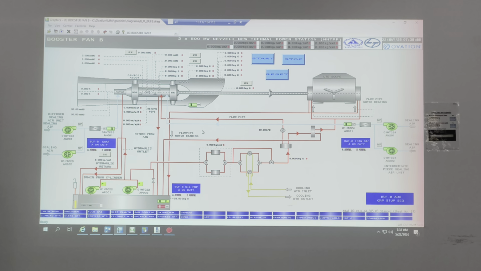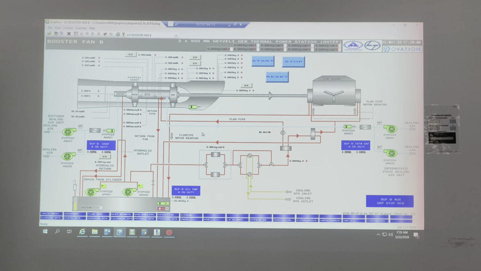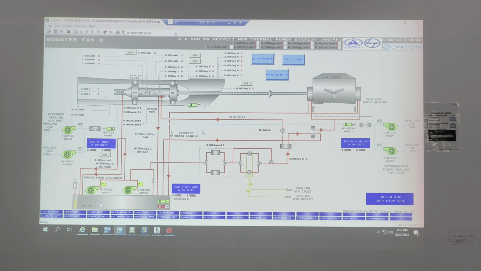Now let's see how we make this. Now the question is how we make new graphics. How we make new graphics. Okay? So new graphics are made in Developer Studio.